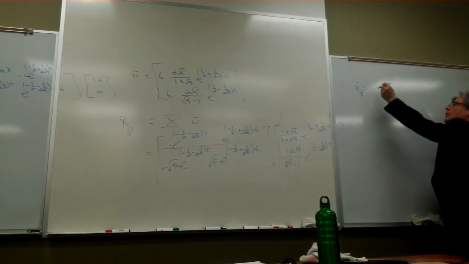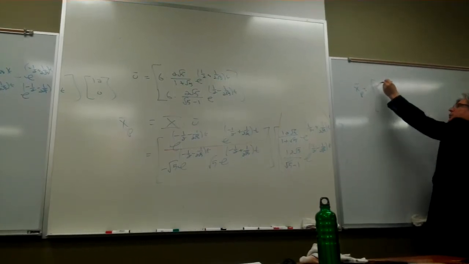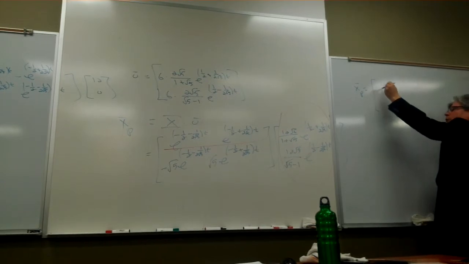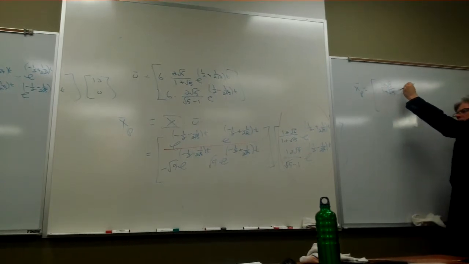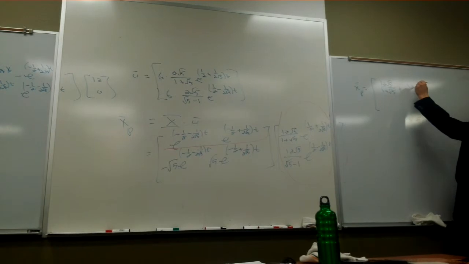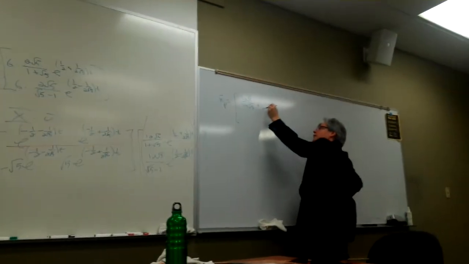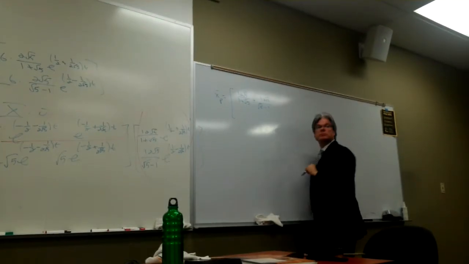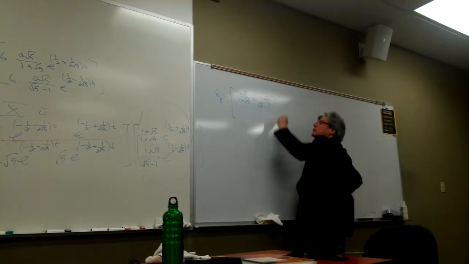It's just e to the t squared, I think, right? So does that give me a 12 root 5 over 1 plus root 5 plus 12 root 5 over root 5 minus 1? Downstairs,